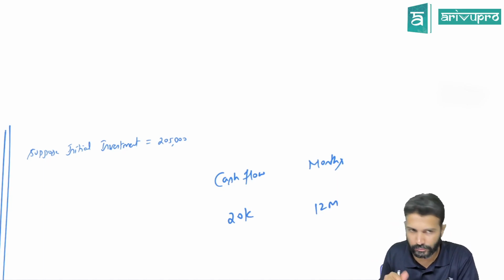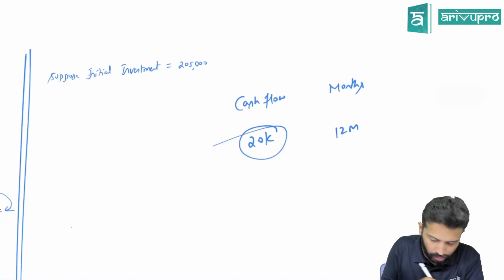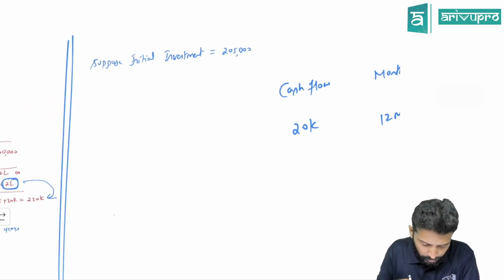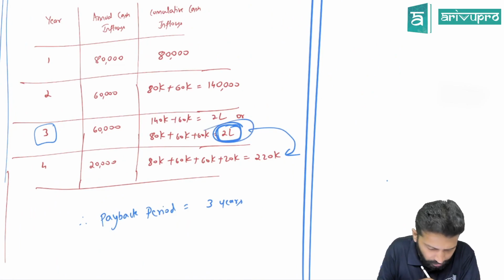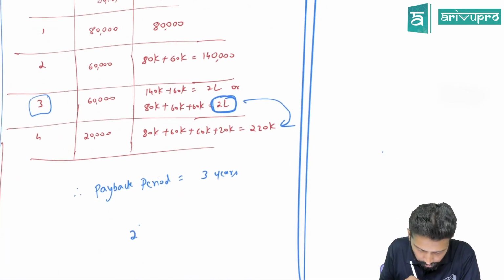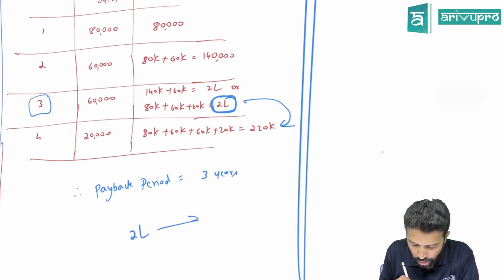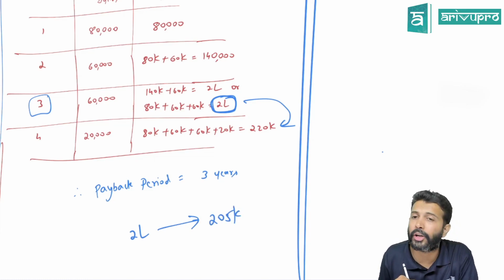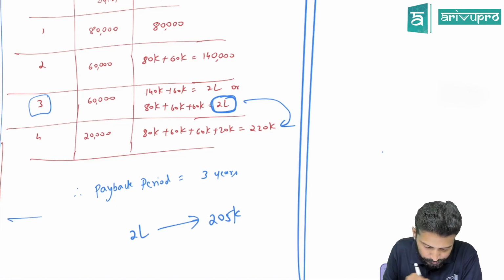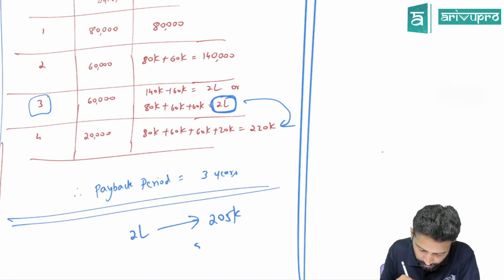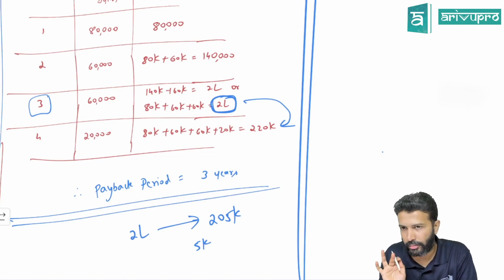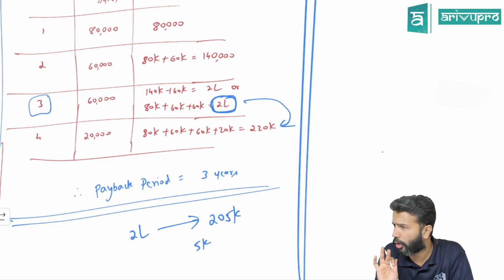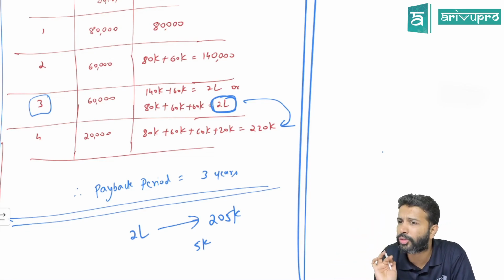Okay. Sir, do you want to earn 20,000 to reach the payback period, or how much more do you need to earn? By the end of third year, you have already earned 2 lakh. Your aim is to recover how much? Your aim is to recover the initial investment, which I have assumed to be 2 lakh 5,000. So how much more do you need to recover? 5,000. Because by the third year, you have already recovered 2 lakh. That means if I recover 5,000 more, I will hit the payback period zone.